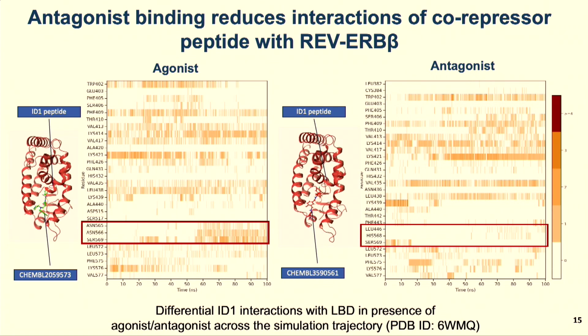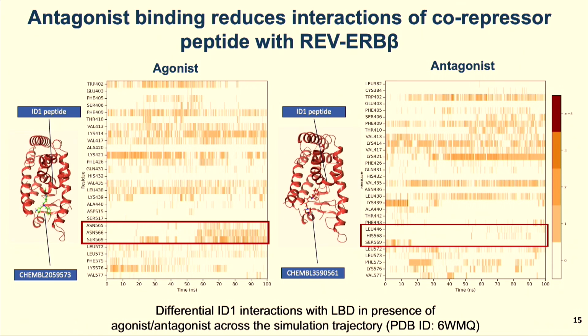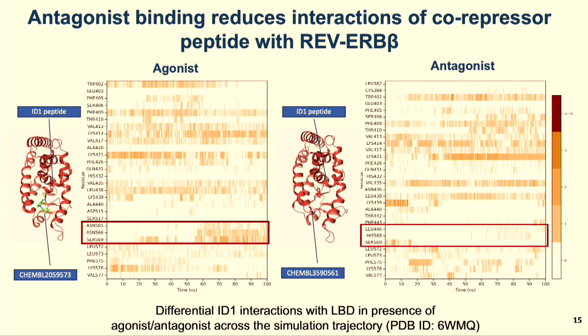Agonist would do the same thing. Agonist would lead to higher binding of Corepressor. Antagonist will do the opposite thing. That means it will lead to lesser binding of Corepressor. So my student took all the antagonists and agonists which are known experimentally for this particular protein, and